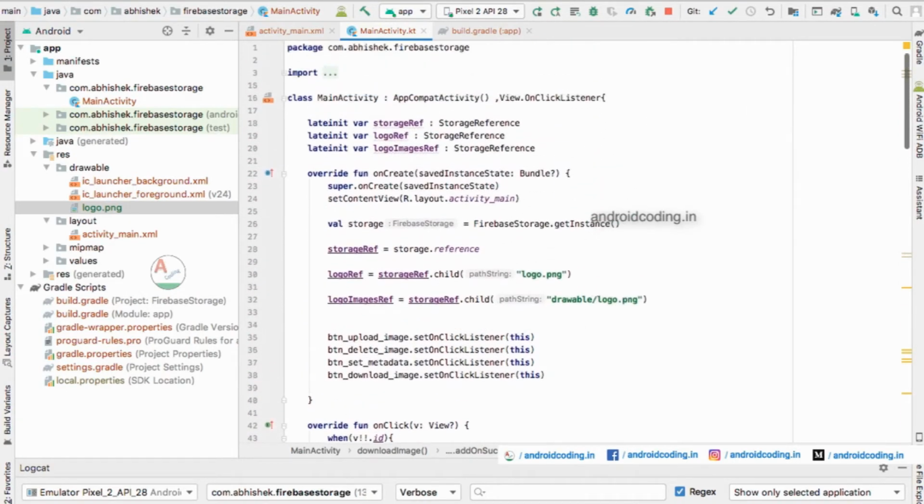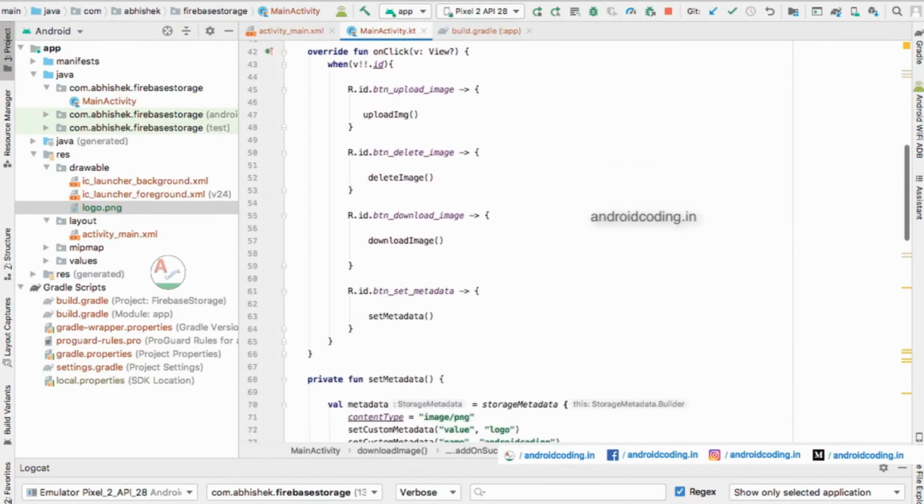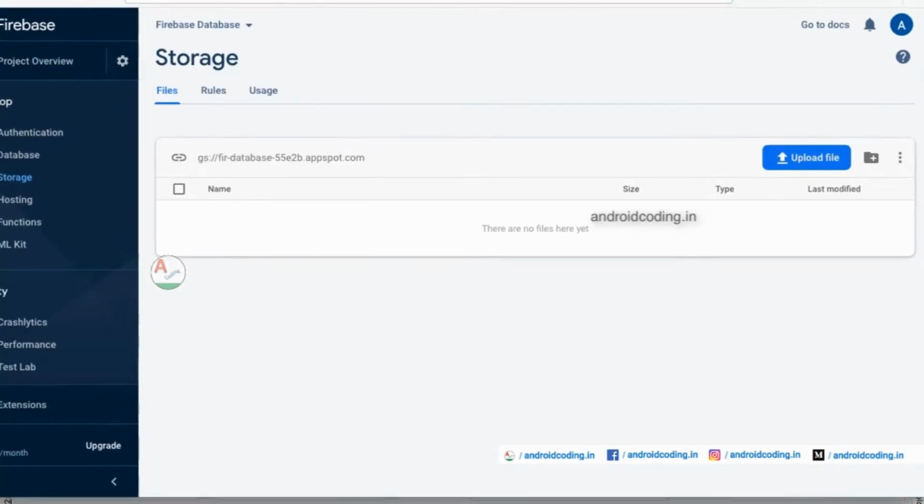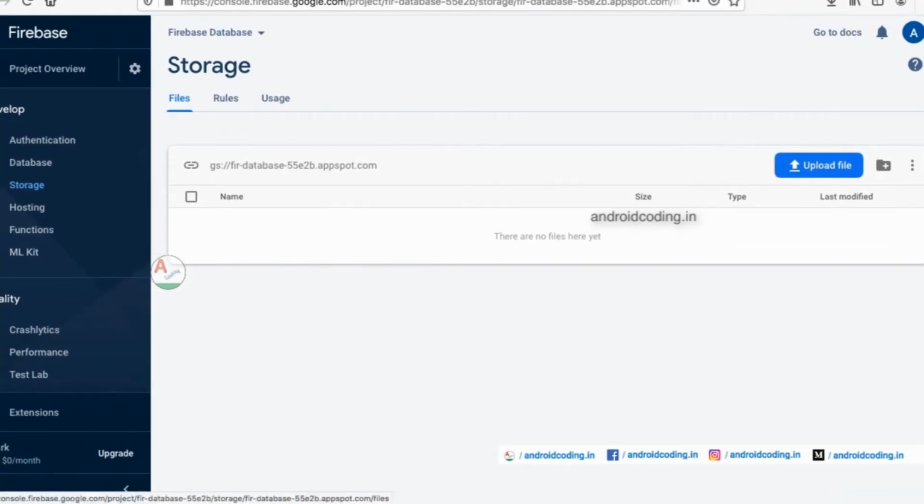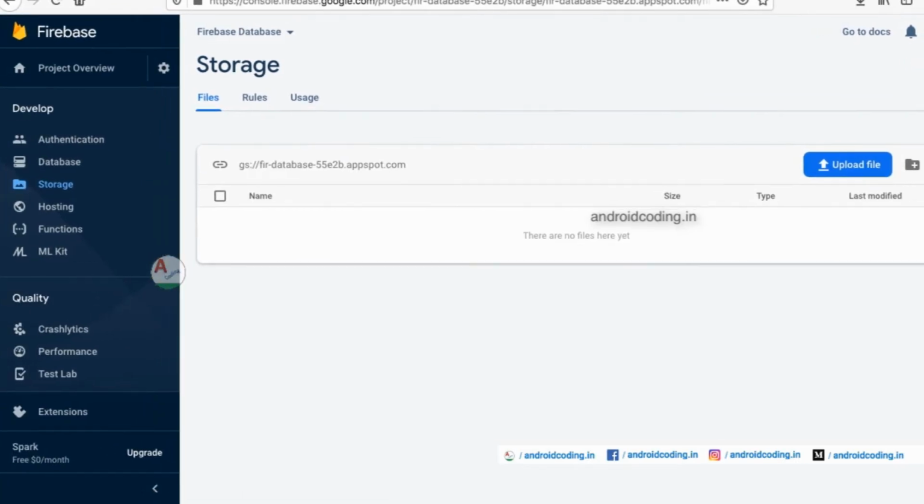As I said, if you want to upload any image from your gallery, you may get the code when you comment in the comment section below. And if you still have any problem, for the first time when you are accessing the Firebase console, you might face some problem. At that time, please let me know. I will guide you and make it easier for you, because a first time user will surely get confused about what all the sections are and what particular thing we need to consider. In this particular topic we are only going to consider storage.